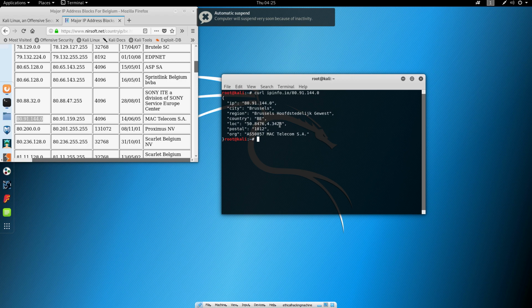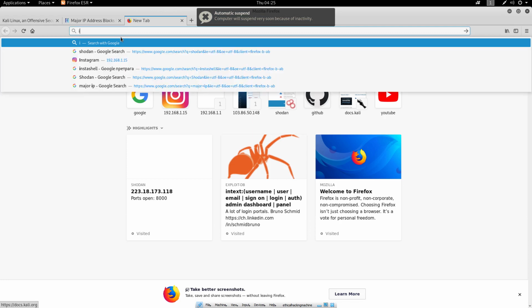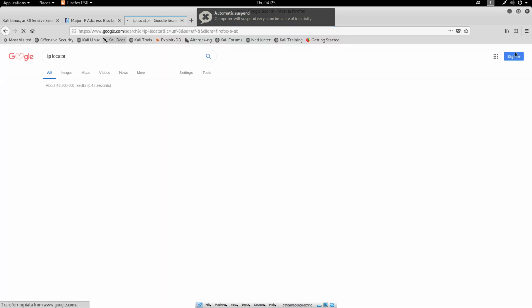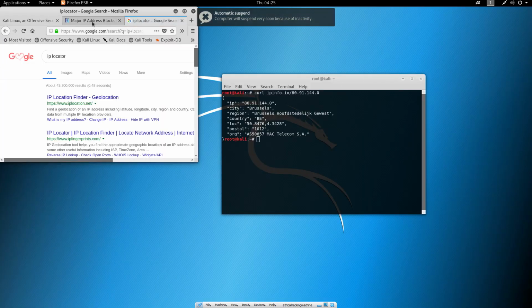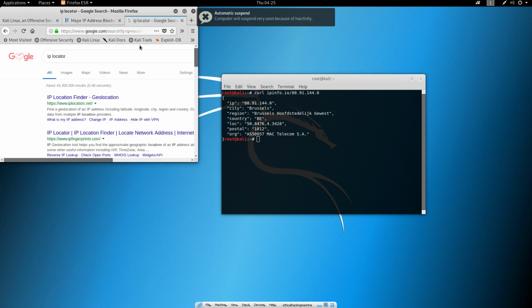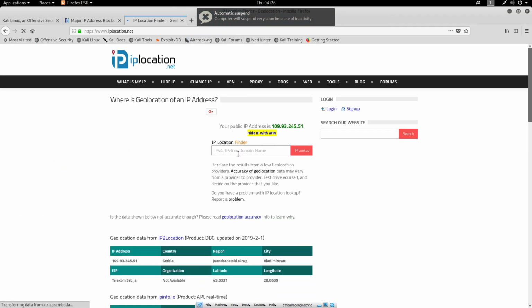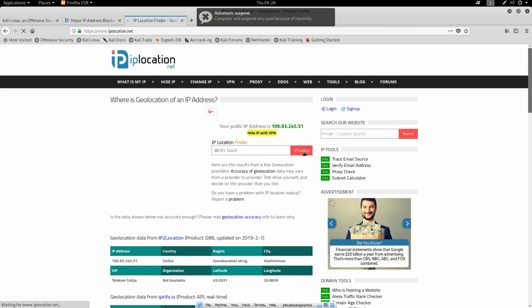Now, you can see that you can find a lot of stuff by simply looking up the IP address. And there is also one more thing you can do in the search engine. You can just type here IP locator. And we can use the same IP address that we copied from here, which is this one, 80.91.144.0, and we will just pick the first site, which will hopefully locate our IP address. If we paste it here and go on the IP lookup,